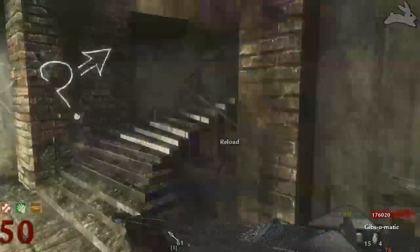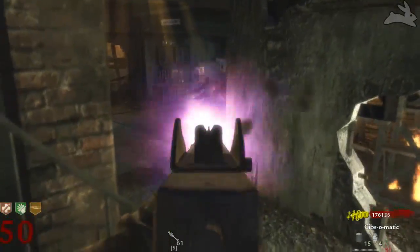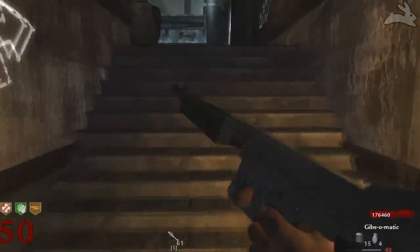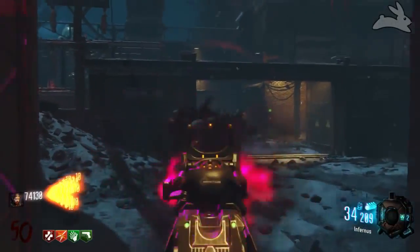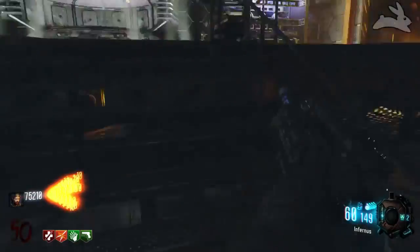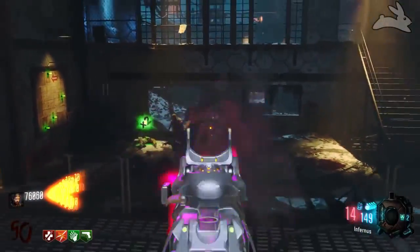So it's really hard to say which one is going to be the better one, and if they were both on the same map, I'm definitely just going to pick the Thompson just because I absolutely love that weapon so much. But the Vesper is still an amazing weapon, and it's definitely one of my favorite weapons in Black Ops 3. So all in all, I'm going to say both these weapons are tied,